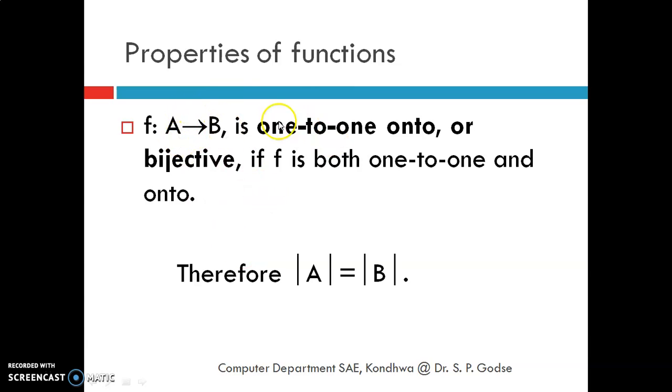A 1 to 1 and onto, or bijective function. In this case, a function mapping from A to B, if f is both 1 to 1 and onto, in that case it is called a bijective function. For this, cardinality of A is equal to cardinality of B. So this bijective function satisfies both properties, 1 to 1 and onto. In that case it is called a bijective function. So we'll see an example in